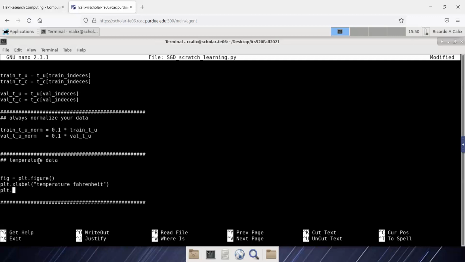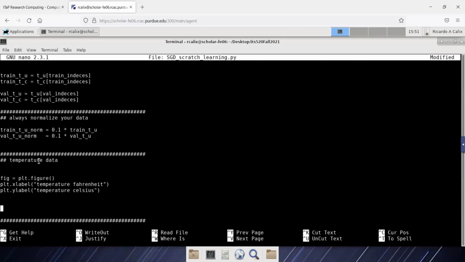Plot ylabel, temperature Celsius. Right, and then after we have the labels, let's do